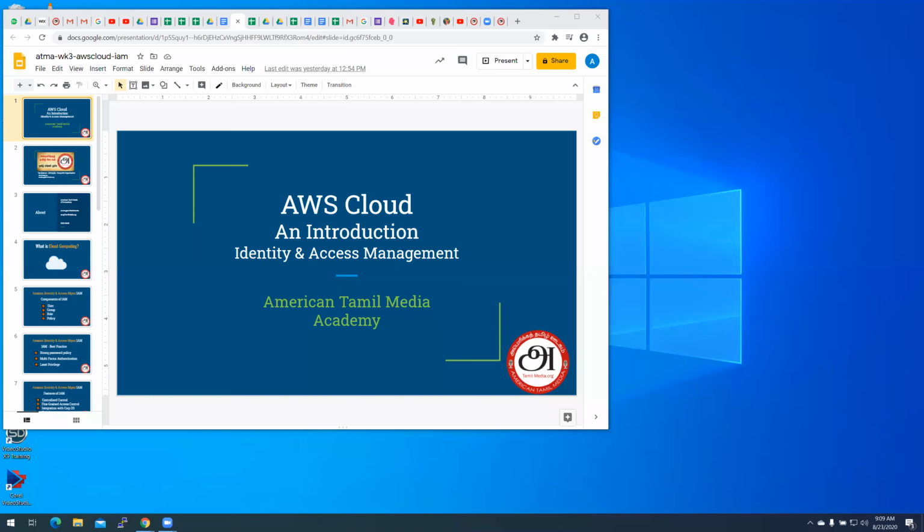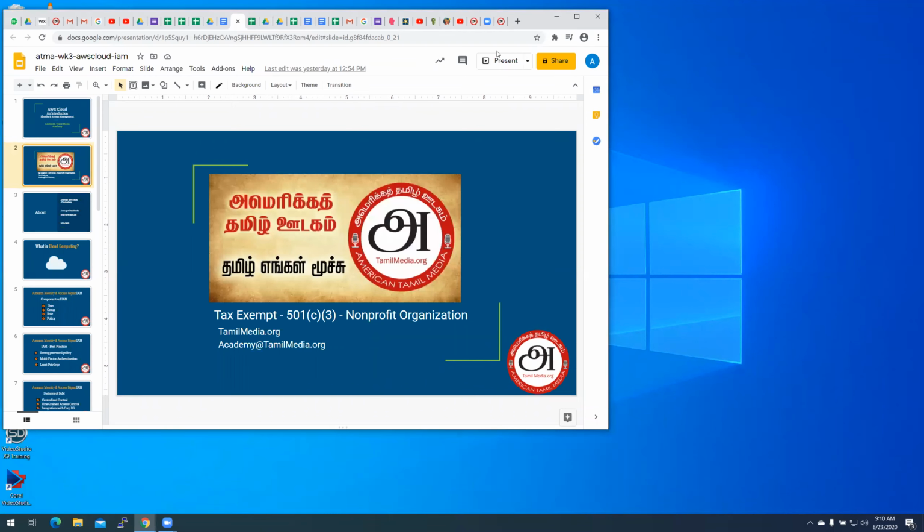Is Senthil, have you joined? Okay, Senthil has joined as well. Boa, do you know if Vijay is going to join? He has registered, but I don't see him. Oh, he has registered. Yeah. I'll check with him. Okay. One second. Okay. So let's move on. Hope you can see my screen.